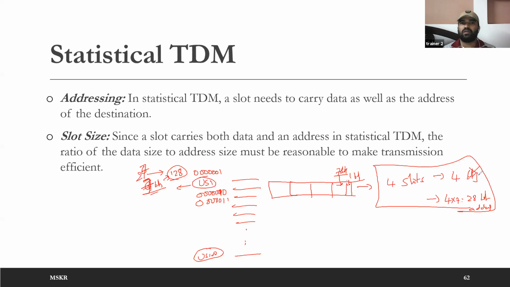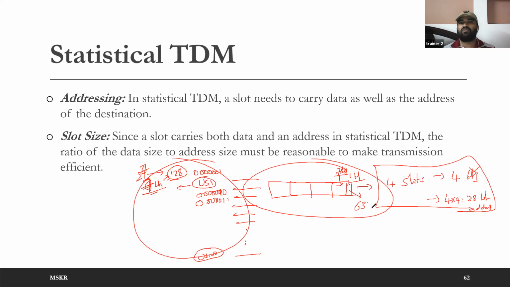You must choose a reasonable value of number of bits while designing the statistical TDM. Okay, so if you have like 7 bits, let's say, you will send 63 bits of user information and you will allocate 7 more bits for address information. So that is somewhat reasonable. If you can send 100 bits for each user and 7 bits of address of each user, that is also very reasonable, because you are just allocating 7 bits, whereas you are allocating 100 bits for the information. So that is the second point.